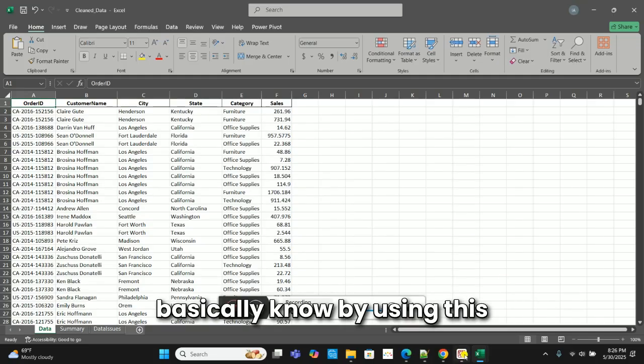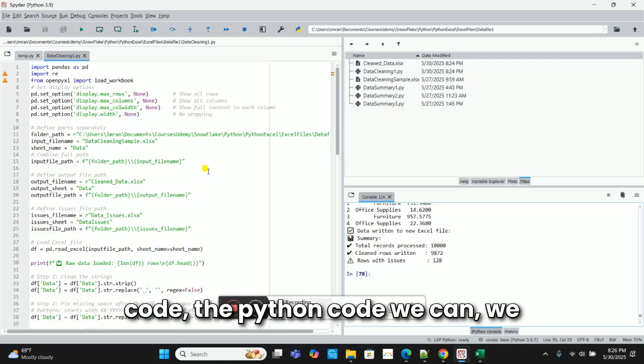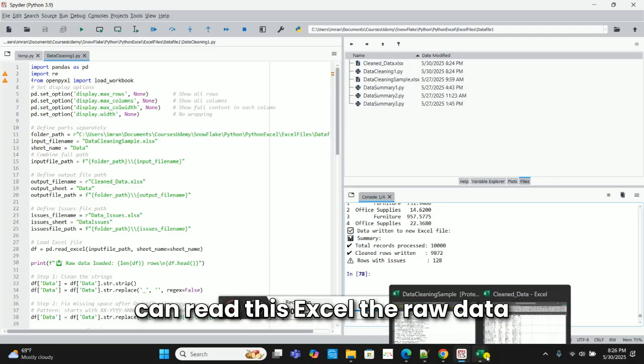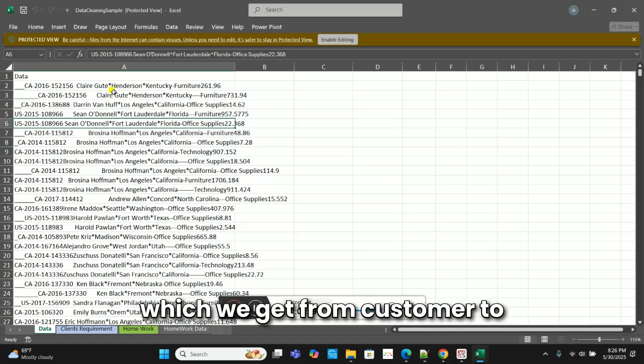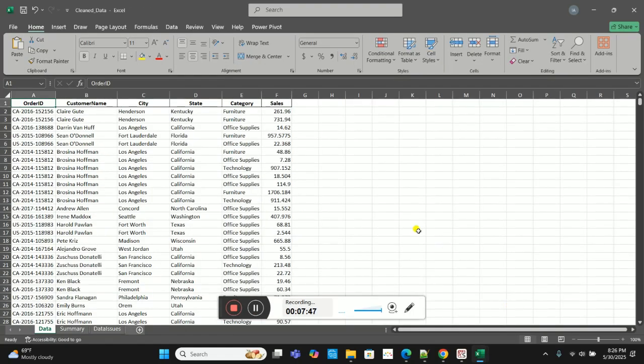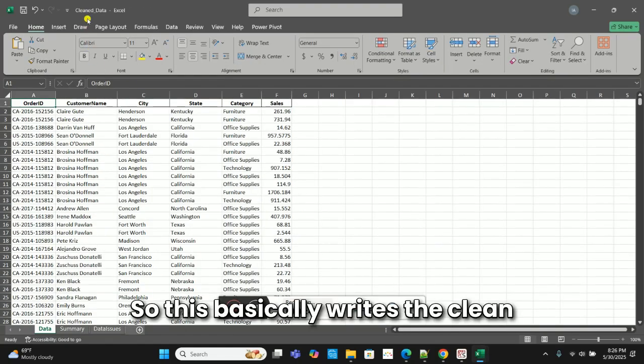So basically, by using this Python code, we can read this Excel, the raw data which we get from customer, and clean it in the way they are requesting. So this basically writes the clean data Excel,